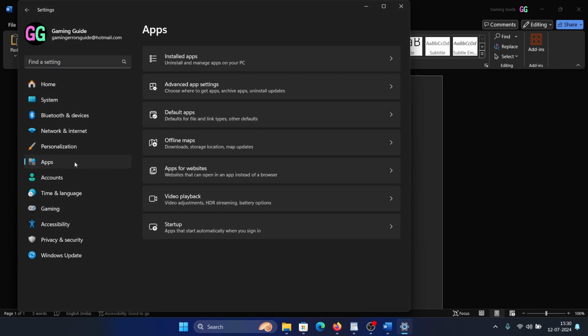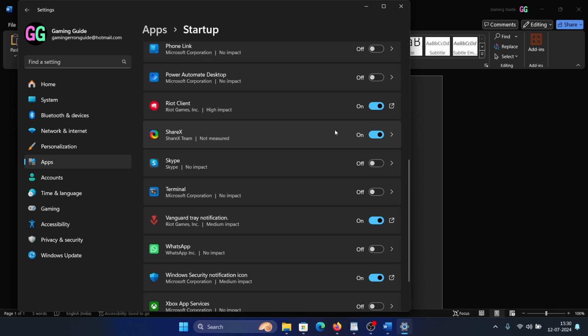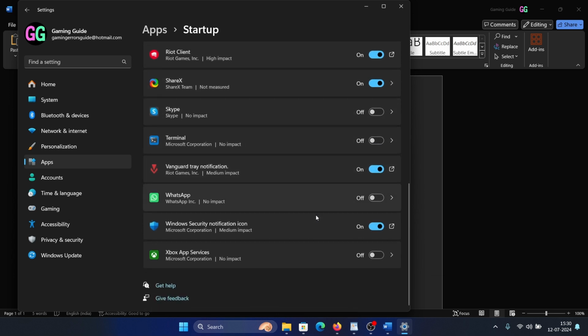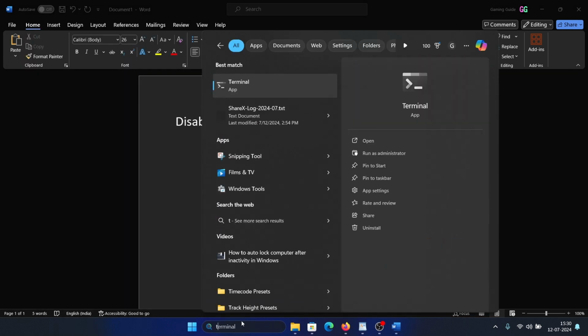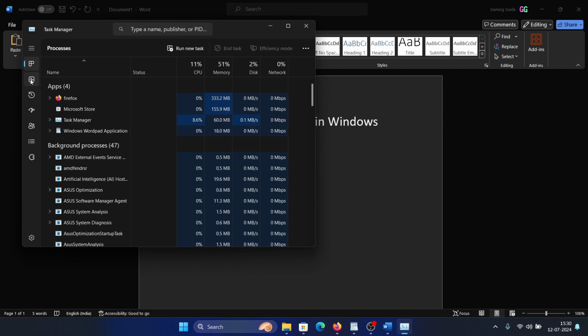Go to the apps tab on the list on the left hand side and then select startup. These are all the apps which are going to be active on startup. Let's say that you wish to disable something. Let's say you wish to disable Vanguard train notifications, then you can simply turn off the switch. Easiest method. If not, then search for task manager in the Windows search bar and there is a startups tab